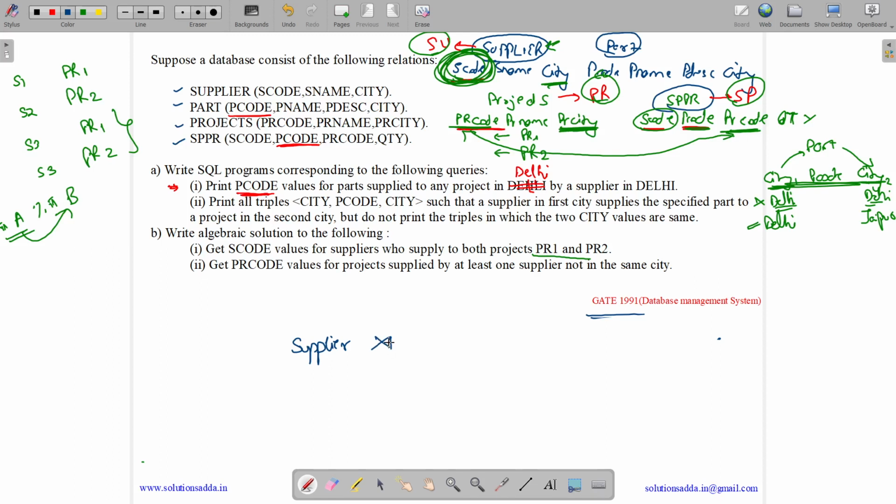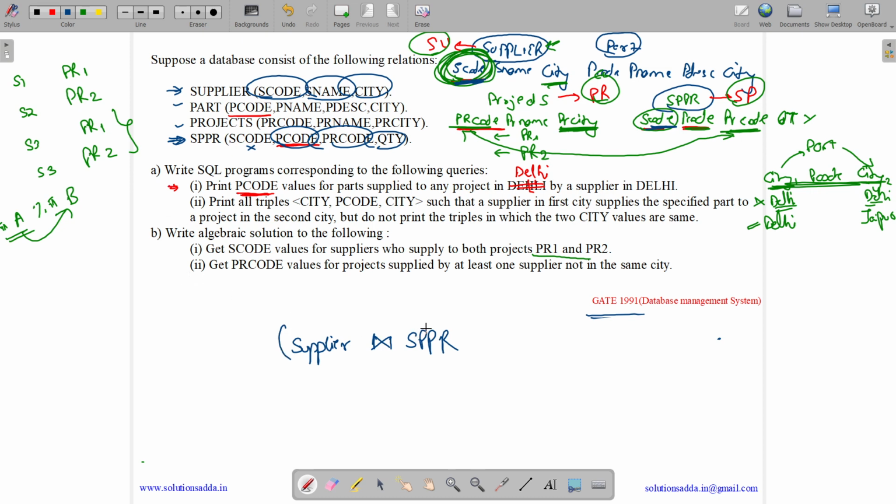do natural join. So what is natural join? Natural join is done on the common attributes. We will do natural join with SPPR. So if we do supplier with SPPR, then what is the common attribute? It is S code. So we will have only one S code entry, one S name, one S city, one PR code, one P code. Let me tell you over here, supplier as well as SPPR. Okay. So we will have one S code entry which is merged for both. We will have S name entry, city entry, P code entry, PR code entry and quantity entry. This S code will be merged with this and we will have the common S code entries only.